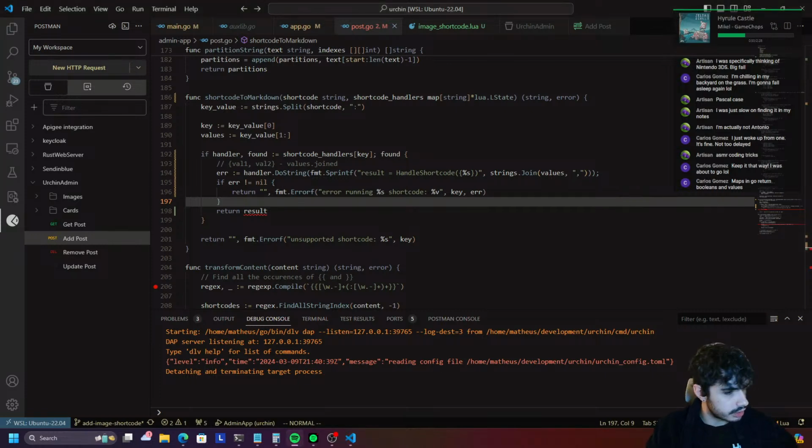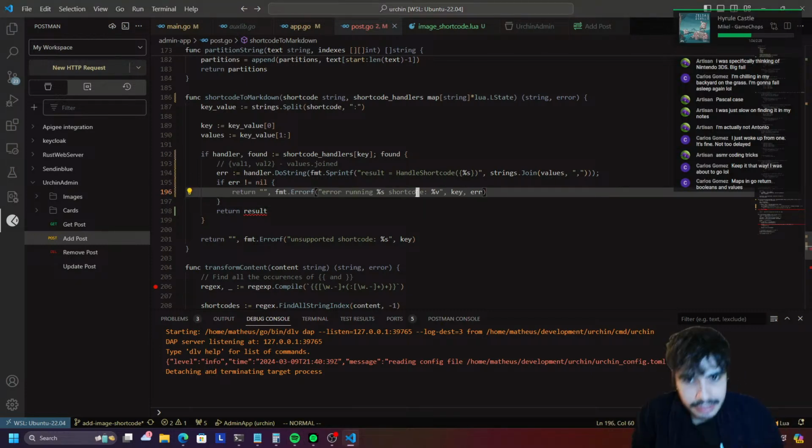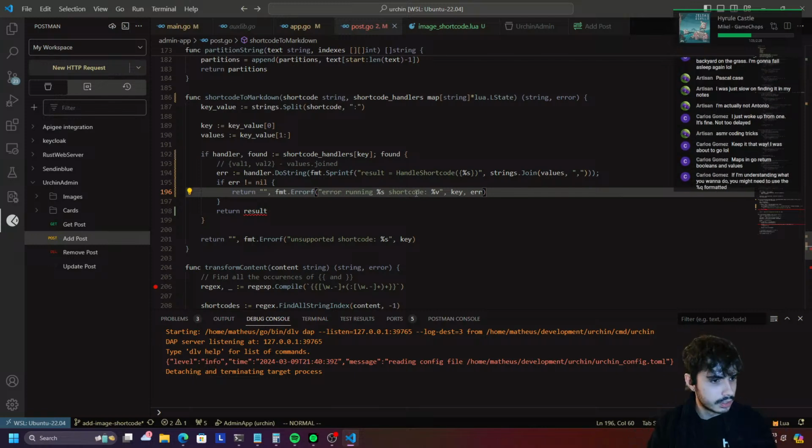That also sounds like a Disney-like thing, so I'm gonna move it to the next song so we don't get a copyright strike. If I'm understanding what you want to do is you might need to use the Q formatted